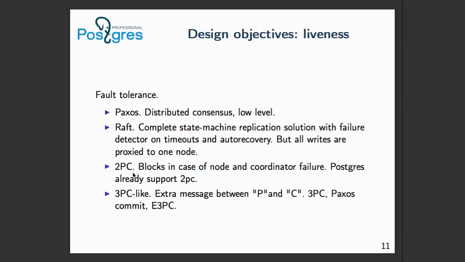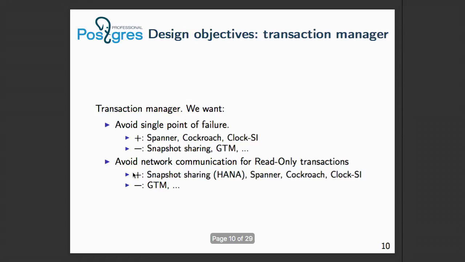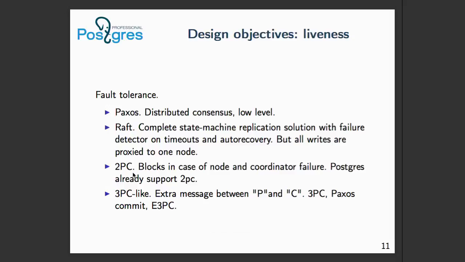But it proxies all writes to one node, so we cannot quite easily insert that into Postgres replication, because we need to wait to proxy write-ahead logs that way. But what Postgres already has is two-phase commit, and Postgres already supports it, but